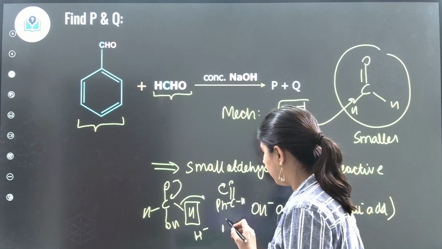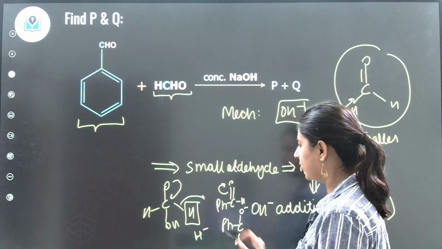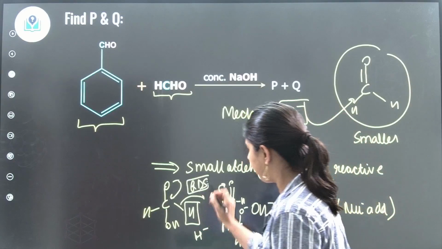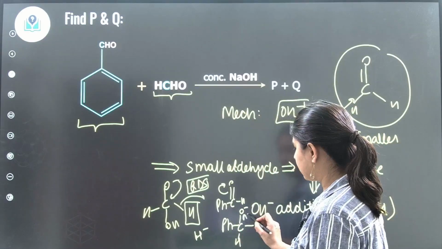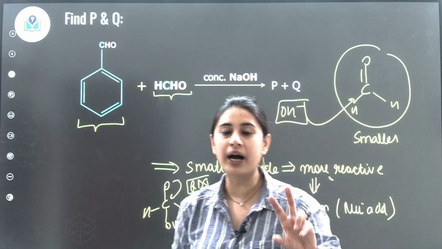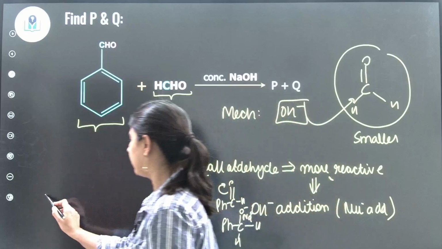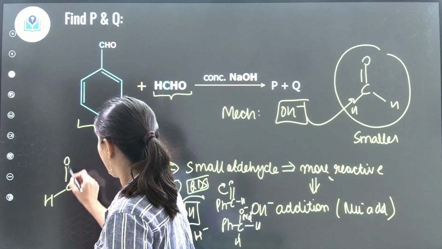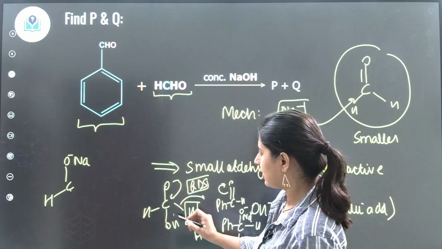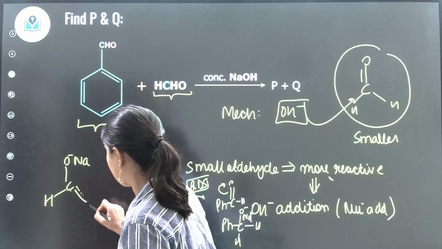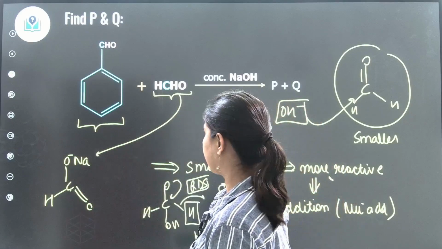So this comes here, PhCH, O minus. This H has come from the hydride transfer, the rate determining step, the slow step. So H is here, this H was already here, and this O minus, wherever you see, will be accompanied by the Na plus for charge neutrality, and then you know that there is a proton transfer. So HCO minus Na, right? This is what you get, O minus Na, double bond O. So the smaller one has changed into the sodium salt of the carboxylic acid.